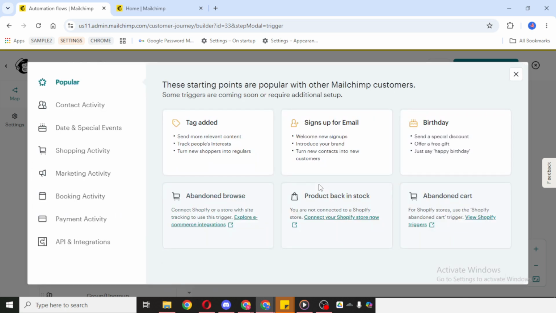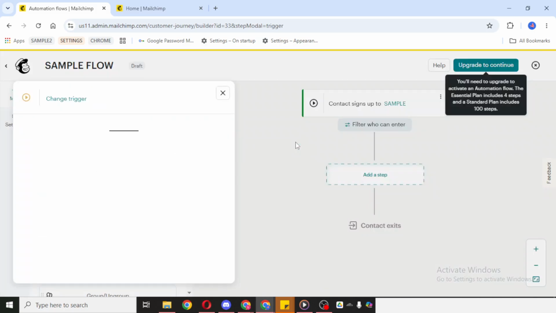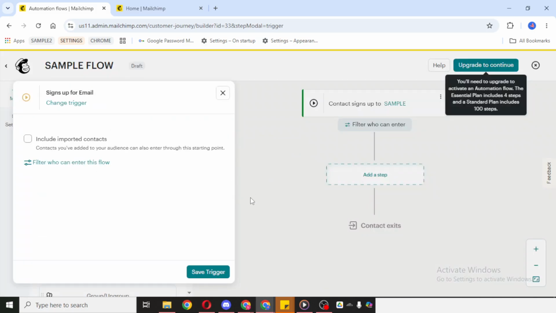As you build, keep your communication clear and consistent across both channels. Email is great for more detailed content, while SMS works well for short, timely updates. Combining them in the same automation can help you reach people more effectively without overwhelming them. That's how to combine email and SMS marketing in MailChimp using a custom automation. Once everything looks right, review your setup carefully and continue with the on-screen prompts to finalize your journey.